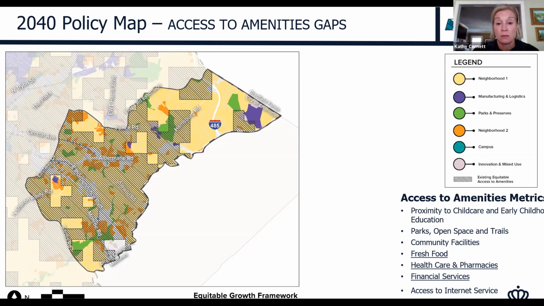So yes, all of these metrics are important to accessing amenities, but not all of them can be addressed together. Access to amenities is multifaceted, like pretty much all of these metrics are. So the ones that we felt we could address through the place type mapping process are the ones that are underlined in that list.